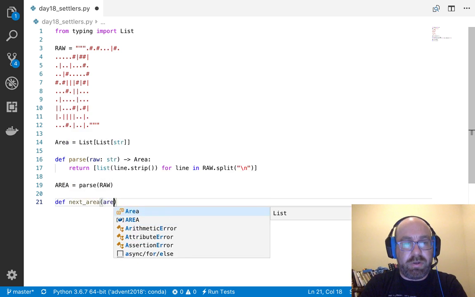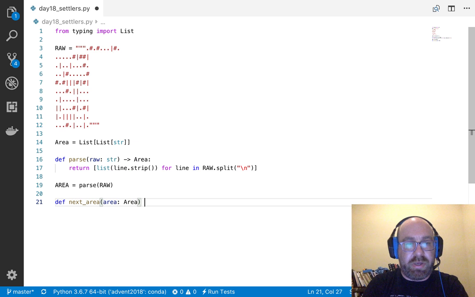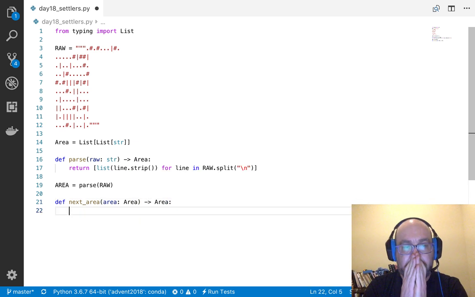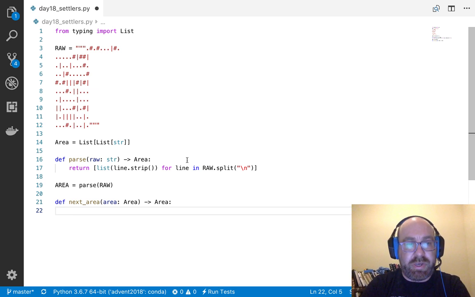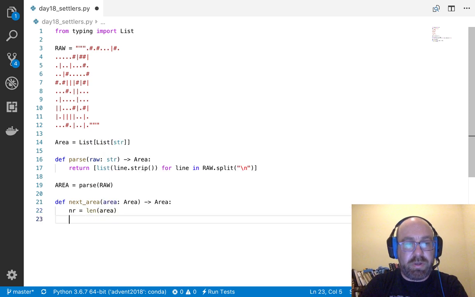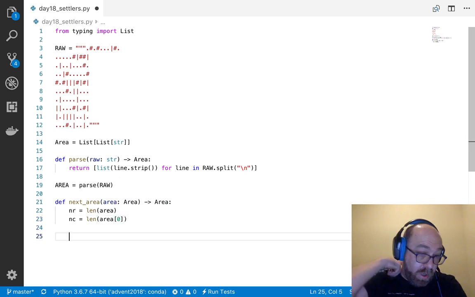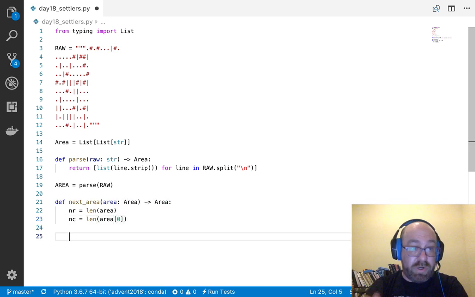Next area, which takes an area and returns an area. Okay. So what do I want to do? I want to say num rows is the length of the area, and num columns is the length of area 0.